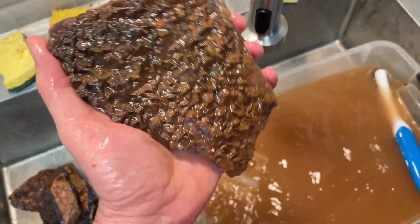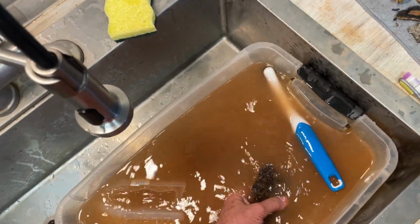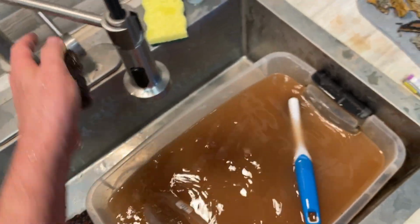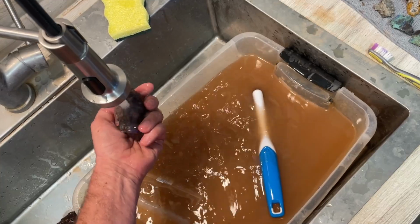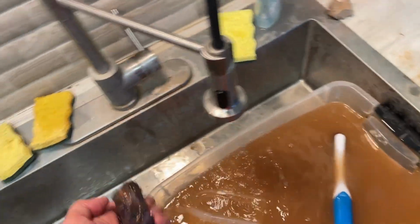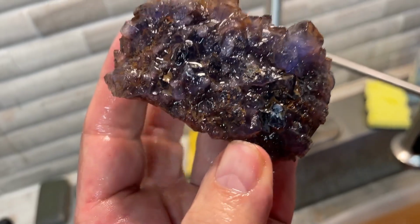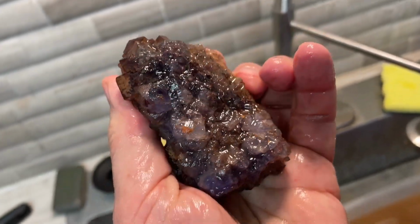Needs a little more brushing. Very nice. And of course,